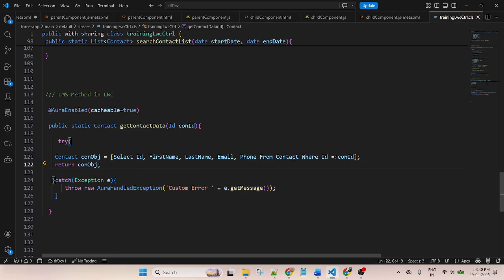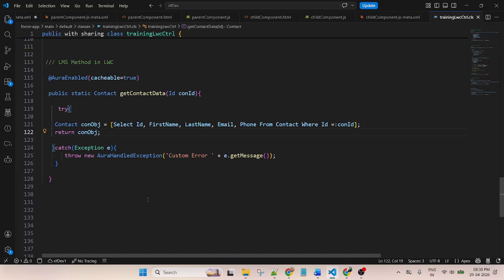So based on this ID passed from the component variable, I will retrieve the data and display it on the component.